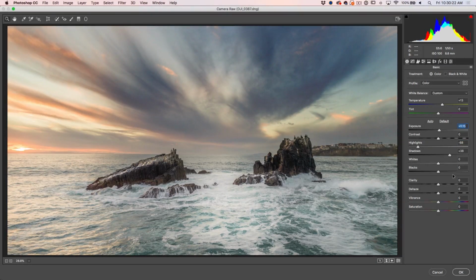Now I'm going to give it the contrast. So what we're going to do is take these blacks and we're going to pull them down. We're going to pull these whites, just kind of setting the contrast of how we want it. Touch of clarity, little touch of vibrance. Now this sky just feels very, very strong, so I'm going to create a gradient here, and we're going to